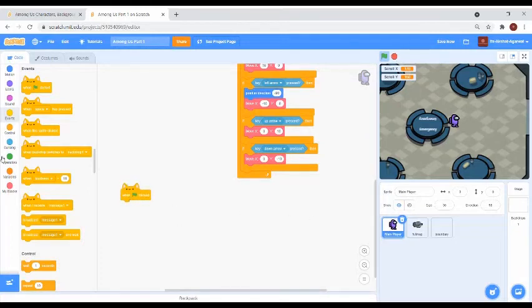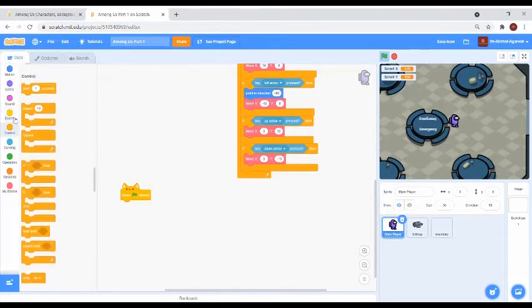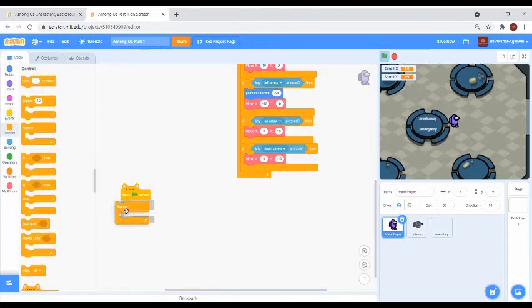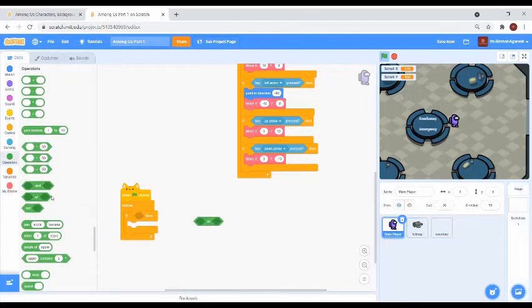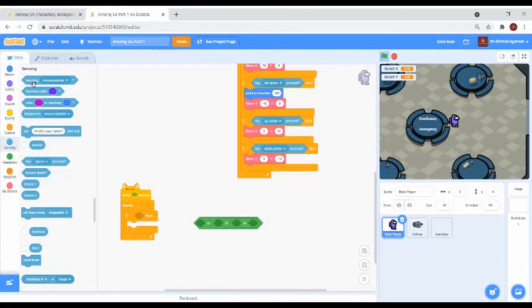Now when flag clicked, we will go to forever and use the if then block, and go to operators, and we will drag the or block, till we have 4 boolean, and then we will go to sensing and take the key space pressed block 4 times.